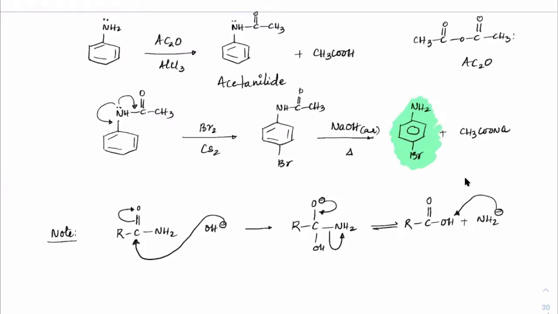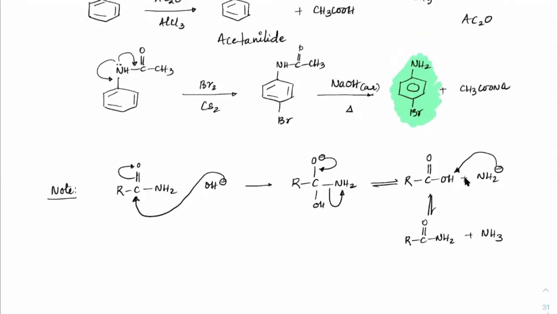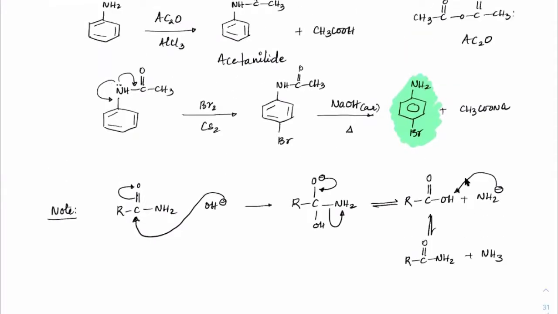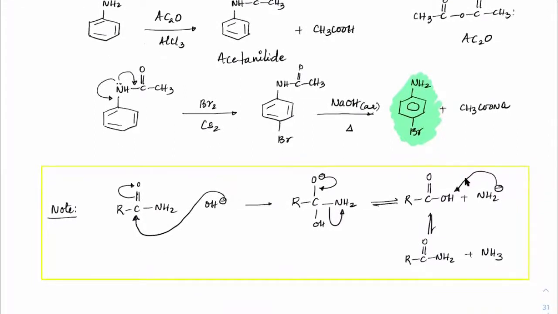NH2 minus is a strong base. It extracts the proton from here. Becomes RC double bond O, NH2 plus NH3. Clear? Now just imagine on this NH side we have this alkyl group, aryl group. Benzene is there here. So what do we get here? We'll get that aniline form here. All of you understood the mechanism? This mechanism you will again come back to when you read it in aldehydes and ketones. So as of now, just think that OH is replacing this entire group and NH2 is forming back here.